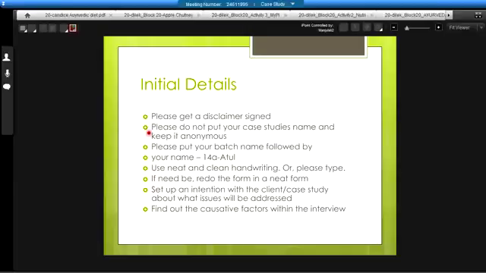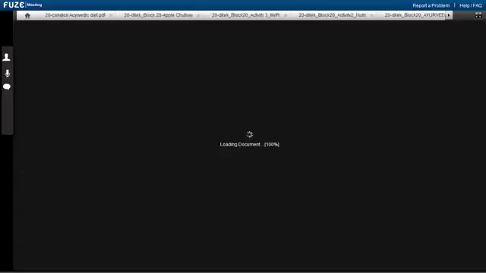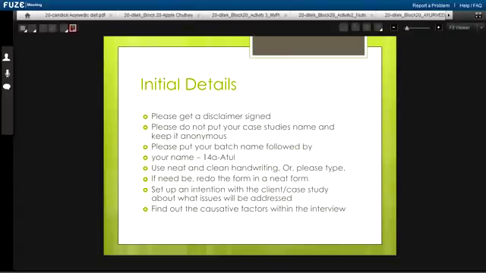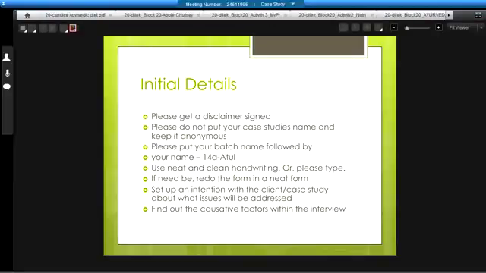And then put down your name, obviously, and cover all your bases. You can tailor these recommendations to fit your own style of interviewing and sort of fit your flow of how you ask questions. But if you can get these details in your case study, then you'll have covered the most ground. So let's begin. Really quickly, before you start, get a disclaimer signed.